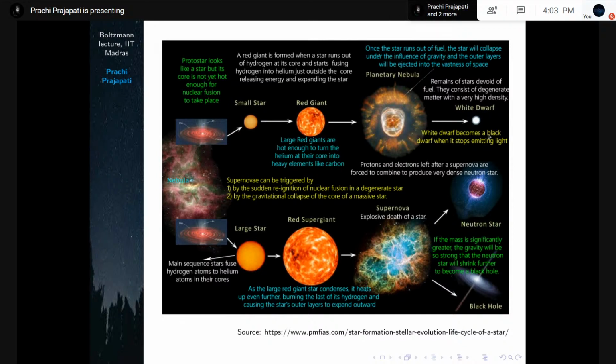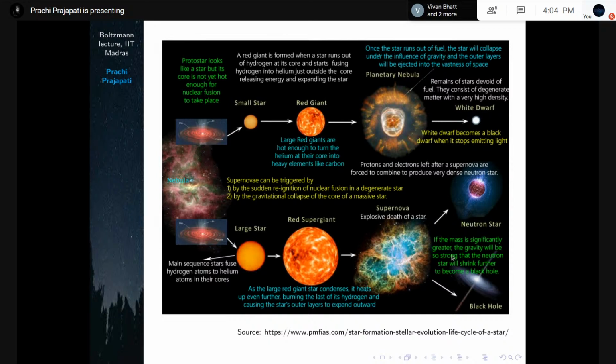These stars are called low mass stars, whereas we also have massive stars, which, starting from the zero-age main sequence, evolve to the red supergiant phase, where the radius is much larger than in the red giant phase. And they die in a very exotic manner. Very powerful supernova explosions can be expected at the end of a massive star's life, which leaves either a neutron star or a black hole as the compact remnant.